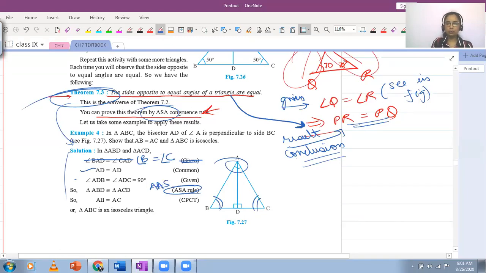Think about it. I'll discuss this with you. Don't worry. I want you to just go over this, because I have discussed 7.2 with 3 ways. So I would like you to try this on your own. Because if I'll keep guiding, then you will get a clue how to proceed. You know, just think about it. एक बार सोचना जरूर क्या करेंगे हम. Compare it with the previous theorem.